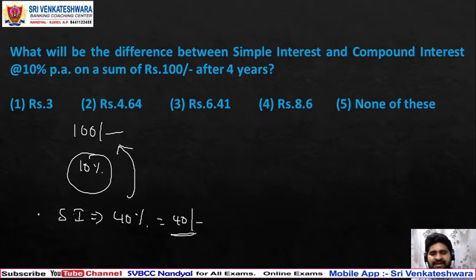It's very simple, simple interest. 10% on that, it will be 10. So like that, 4 years will get 4 tens are 40%. 40% is 40 rupees. Easily I can take it. But for compound interest we take 4 continuous percentage changes. How do you take that case? Let's check. So 10% we do first time, again 10%, again 10%, again 10%. We have to take 4 continuous percentage changes.